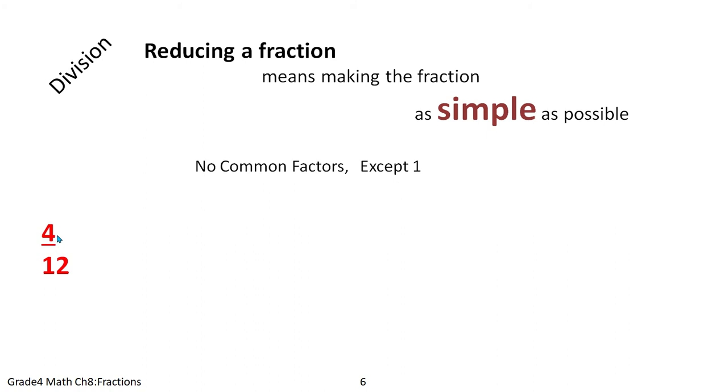Now you have to find in whose table 4 and 12 come, and you have to find the common factors between the two. So you have 2 as a common factor. Okay. So 4 divided by 2 will give me what? 2, and 12 divided by 2 will give me 6. Okay. So I have found out the other fraction.